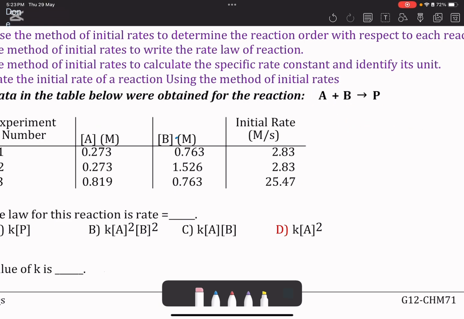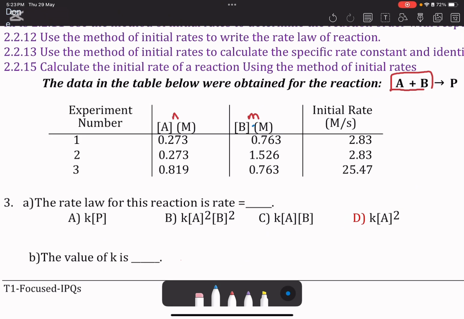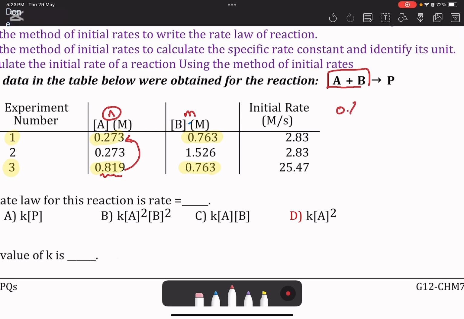If I want to calculate N, the order of A, I will select the experiments in which B is not changing so that I can study the effect of A changes on the rate. So I'm going to choose experiment 1 and 2. And always use the larger number divided by the smaller number raised to the power of N. So it is 0.819 over 0.273 to the power of N equal